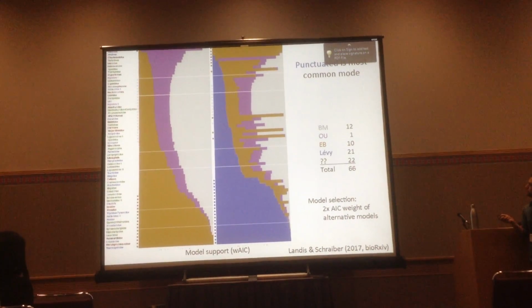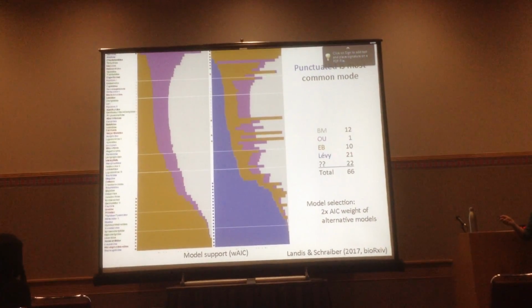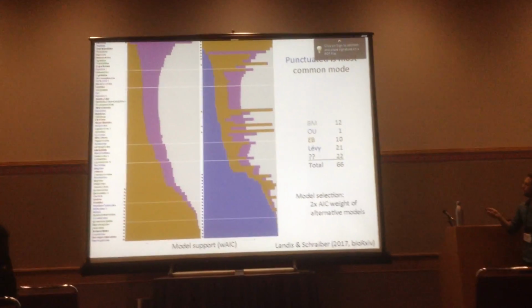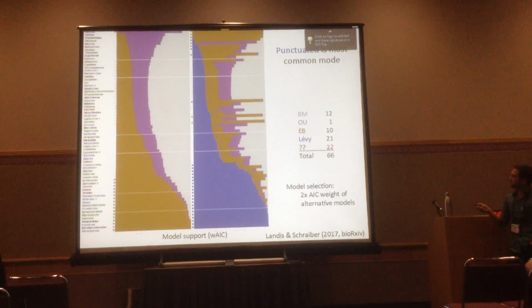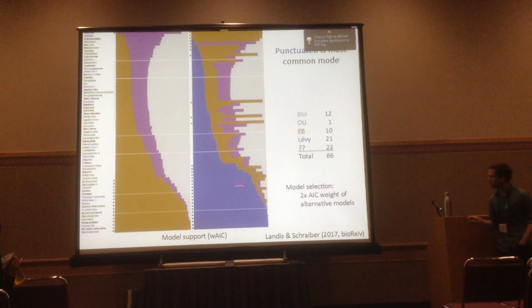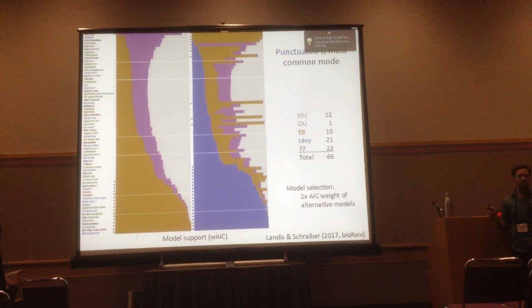If we then do inference under these Levy processes, we now have the plurality of support for these Levy processes that siphons away some support from early burst and Brownian motion. We have approximately the same number of undecided processes, but this block here are clades that seem to prefer the Levy model. And remember, these are all very parameter-light models. We're talking